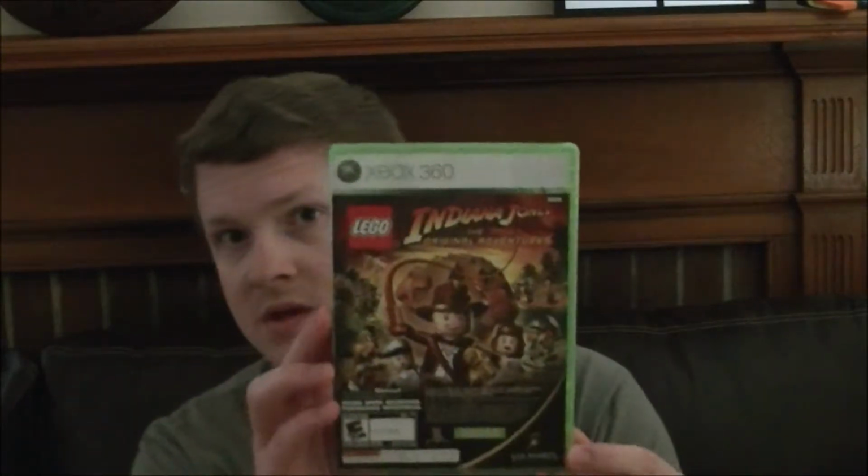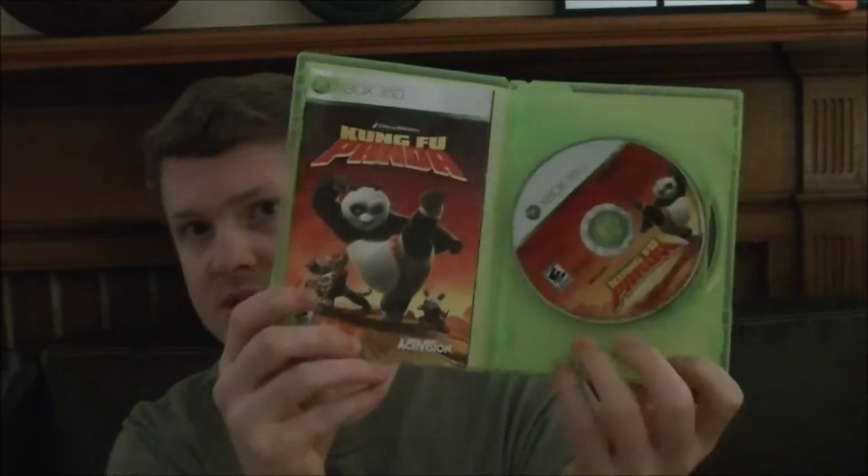Nextly, what we have is Lego Indiana Jones and Kung Fu Panda. I really like the case, so that's why I'm keeping it. It comes with both discs and the manual. And